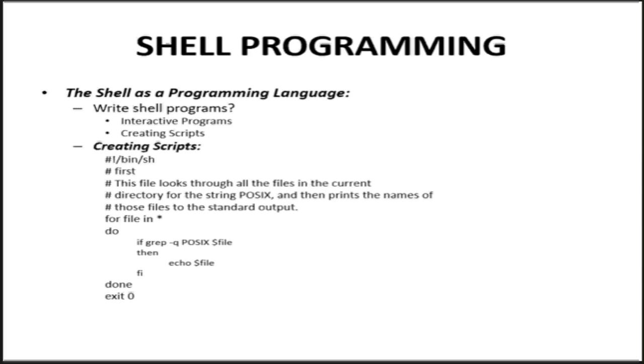The exit command at the end of the code ensures that the script returns a sensible exit code, which is rarely checked when programs are running in interactive mode. But if you want to invoke this script from another script and check whether it has succeeded, returning an appropriate exit code is very important.